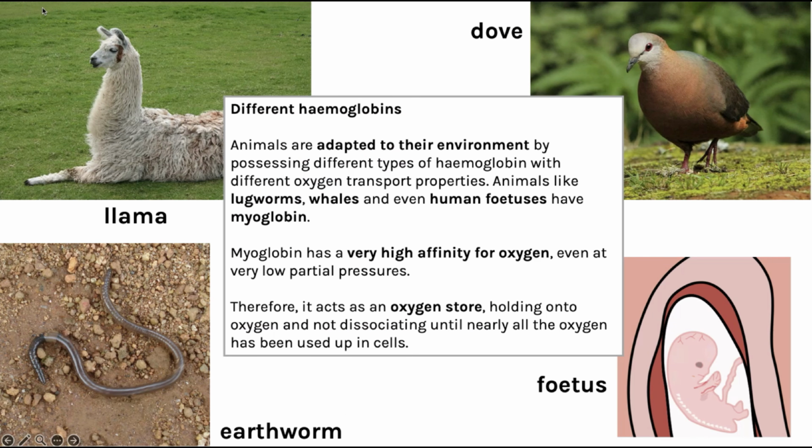Within the spec, it does say you can get applications linked to different hemoglobins for animals. So it says you need to know that animals are adapted to their environment by possessing different types of hemoglobin with different oxygen transport properties, which basically means, based on their environment, they've evolved to have hemoglobin with either a higher affinity for oxygen if they live in an environment which has a low partial pressure of oxygen,